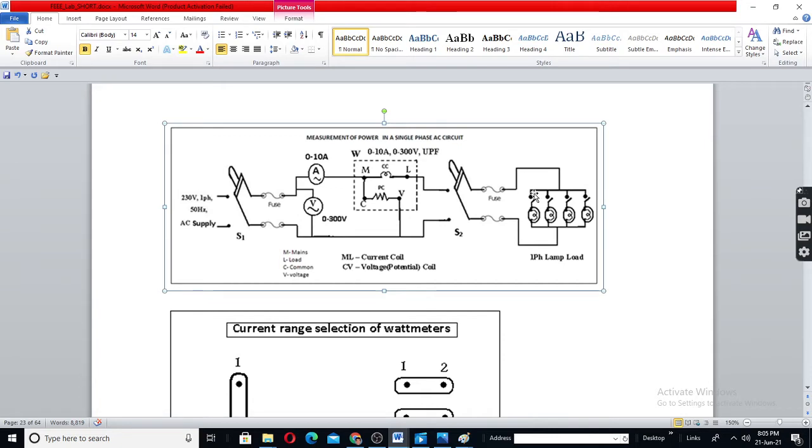As soon as you switch on, more lamps will become on. The potential coil will be similar to the voltmeter. So the voltmeter is connected across the circuit, parallel, across the load or supply. So this potential coil is also connected between the upper and lower branch.